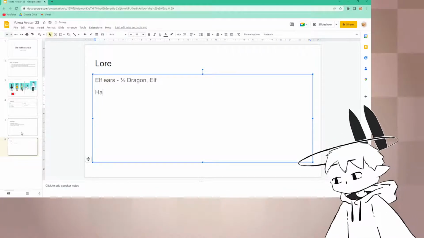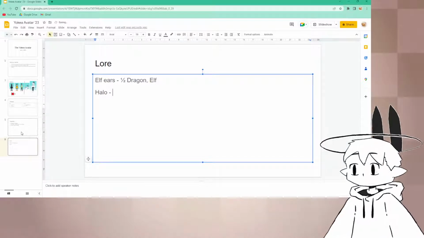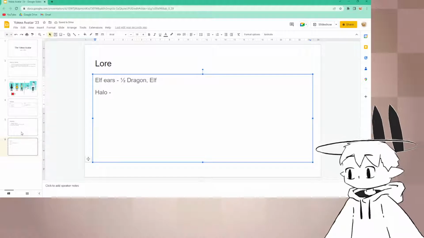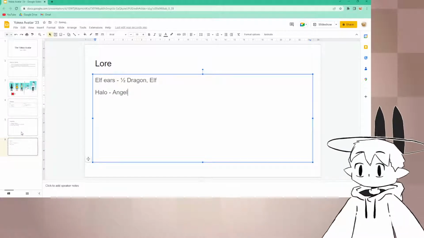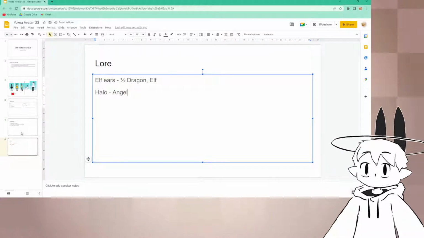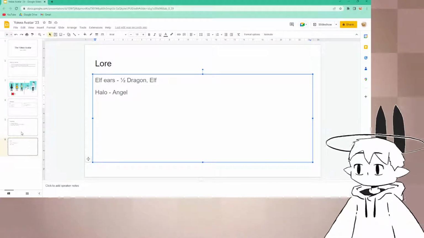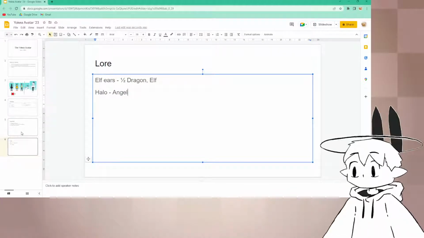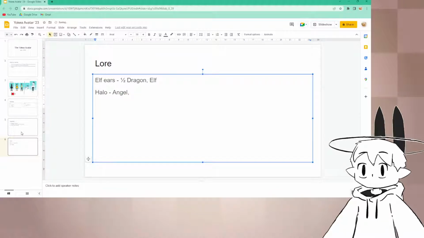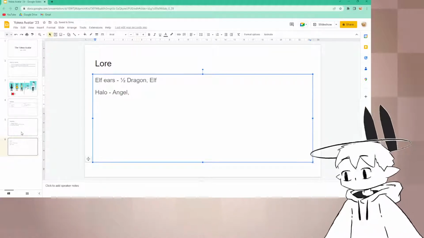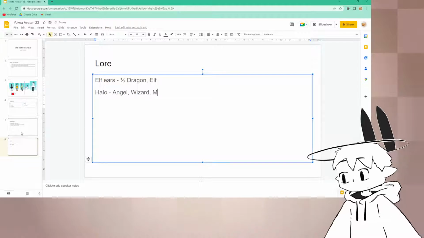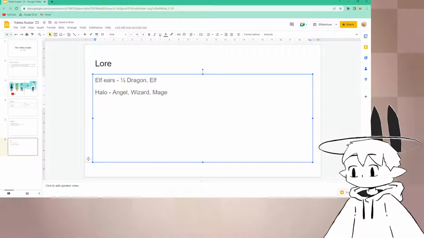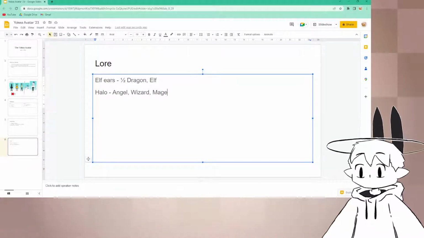Okay, now that we also have the halo of the design, thanks Jacob, by the way. You suggested angel. I didn't really think of that for some reason, even though it was quite obvious that halo definitely means angel. But that's pretty cool. I could go an angel route, but I was also thinking we could go the more magic stuff. So it could be a wizard or a mage,